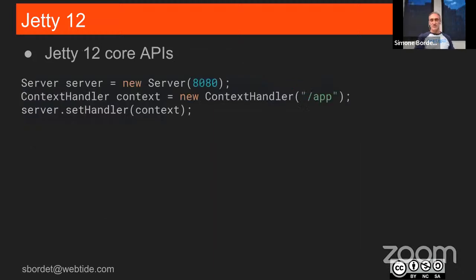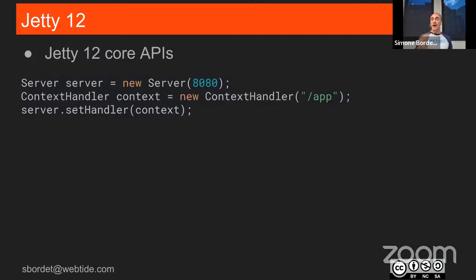So, for example, this is how you would do it with the Jetty Core API. You first create what is called a context handler, which represents a web application. And you say, okay, my context path is /app. And then you say, okay, now there's a server which will call the context handler because it's a web app, right? The context handler will say, hi, I know that I have to reply to every request that comes to me that starts with /app. If it does not start with that, then it's not for me. Okay, so that's the role of this guy.